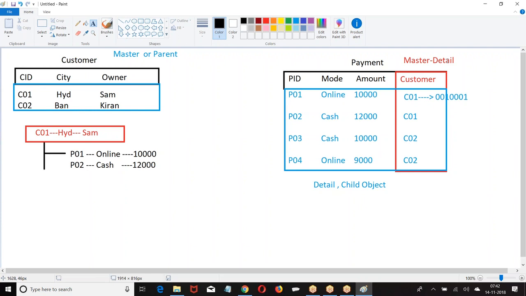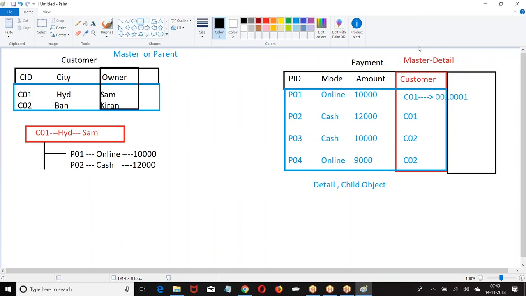Then who is the owner? Look at the point, I gave owner here, but I have not mentioned any owner here. Whoever is the owner of the master record, he is the owner of the corresponding child records.